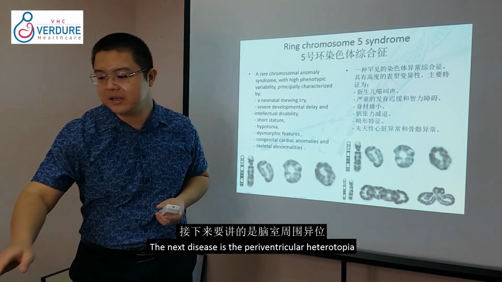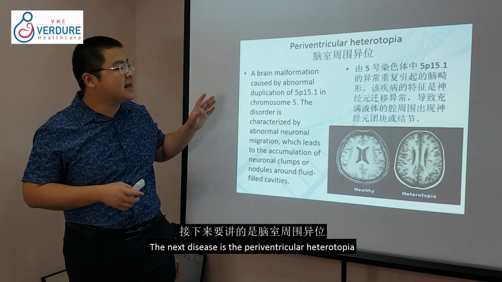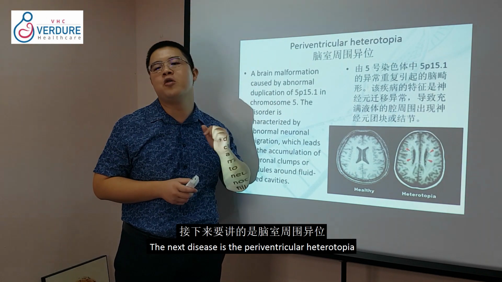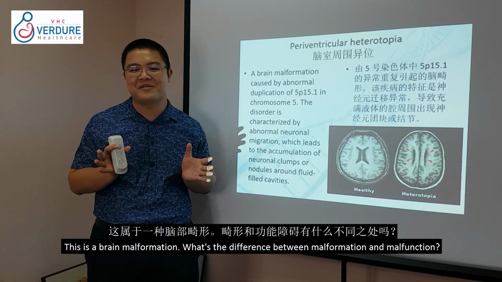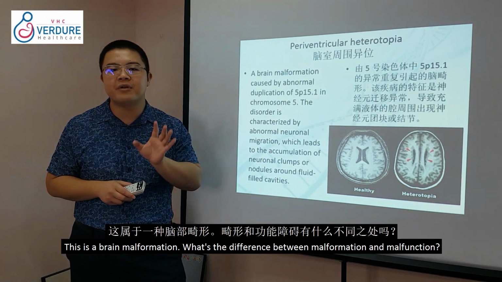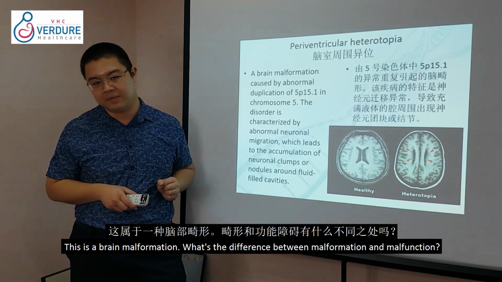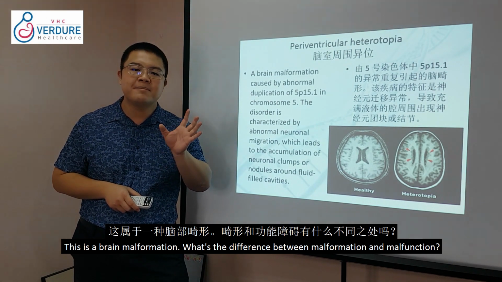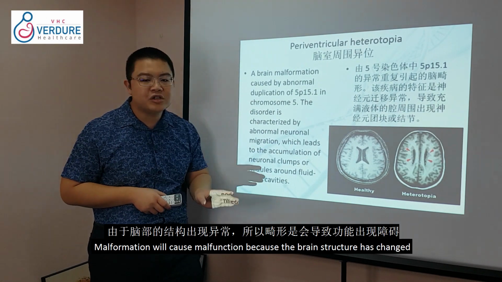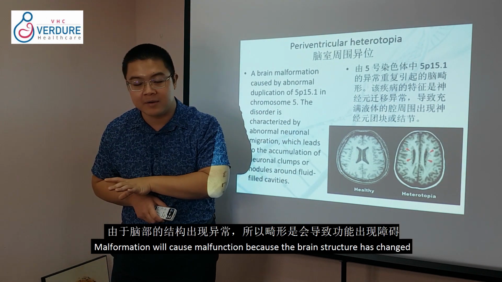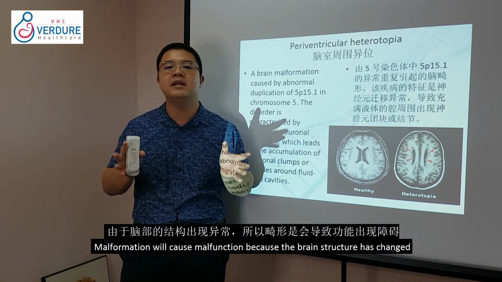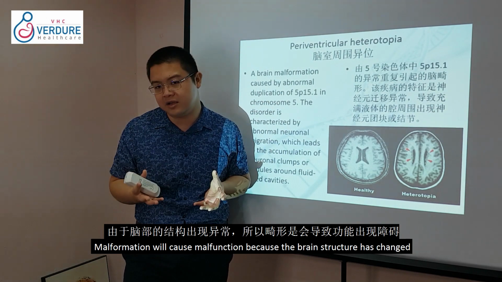Okay, sorry, let me just go back to the previous slide. So the next disease we're going to talk about is Periventricular Heterotopia. Okay, sometimes these names are very hard to read. Anyway, so what happened is that this is a brain malformation. Okay, so what's the difference between malformation and malfunction? Okay, so malformation will cause malfunction because the structure of the brain itself has been actually changed, okay, in a